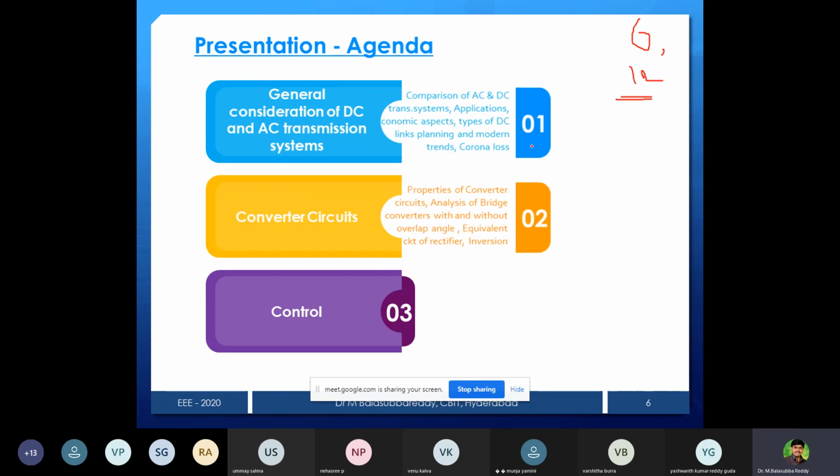And then for the control strategy of that, we can use pulse width modulation, that is sinusoidal pulse width modulation, and so on. In modern trends, a lot of microcontroller-based firing pulses are used to control the firing angle. And if we come to the analysis part mentioned here, there is analysis of